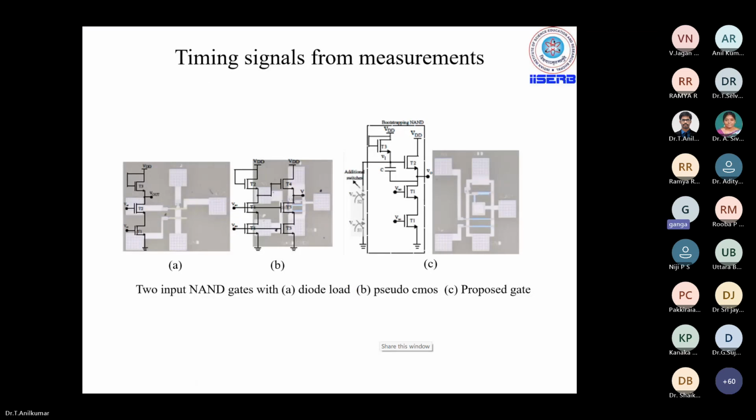So we extended this technique to other logic gates also. They also have given very good performance in terms of rail-to-rail operation. Here we can see all the circuit schematics and fabricated micrographs. And in the next slide, we are going to see the measured response. Please go to the next slide. Next.